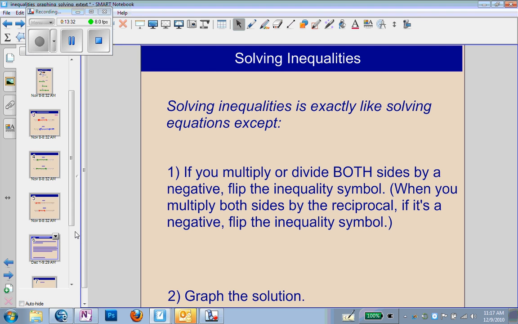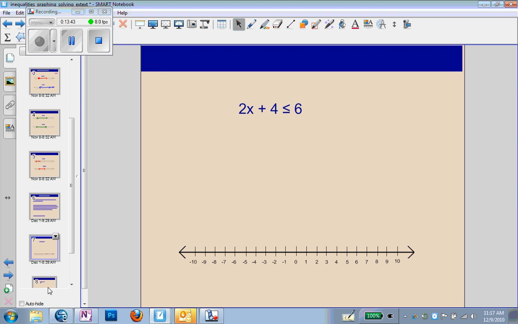And then second, we have to graph a solution using the techniques we learned today. So let's do some examples. The first one's very basic. Here I'm going to start out by adding negative 4 to both sides as usual. Next, I'm going to multiply by the reciprocal on both sides as usual. Now, this is the step that